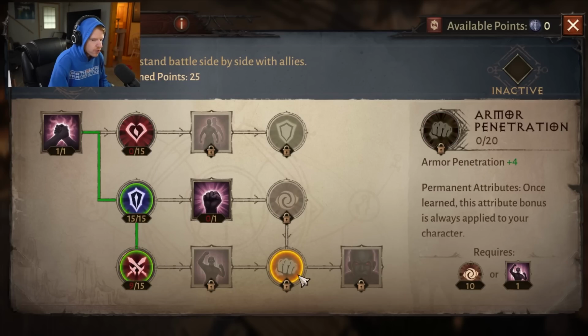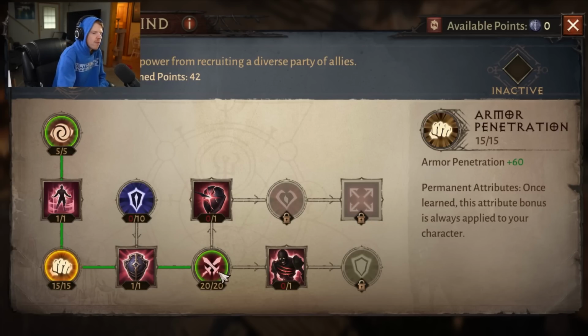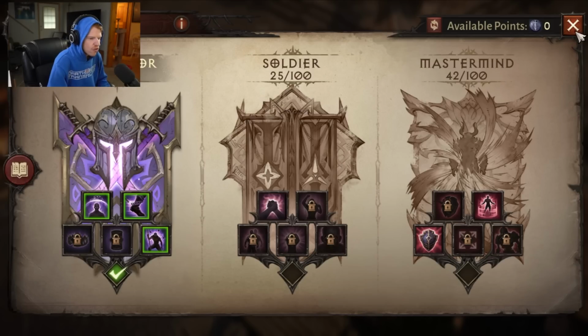You're going to go here and you're going to go all the way through the armor penetration. This gives you more armor pen and damage, and then 42 points in Mastermind for the armor penetration and the damage here as well. It's a little bit more of a complicated build, but this actually ends up min-maxing you